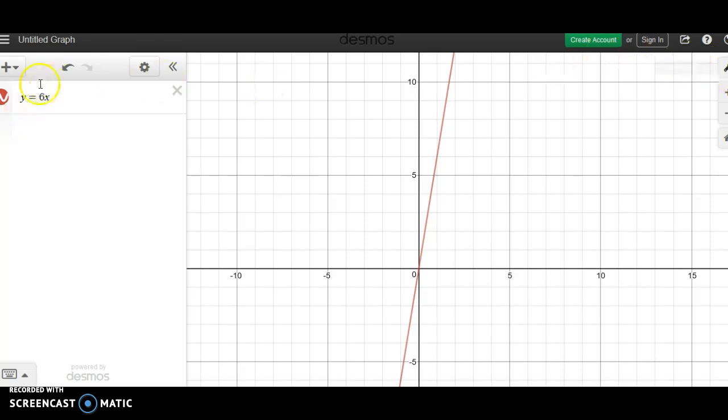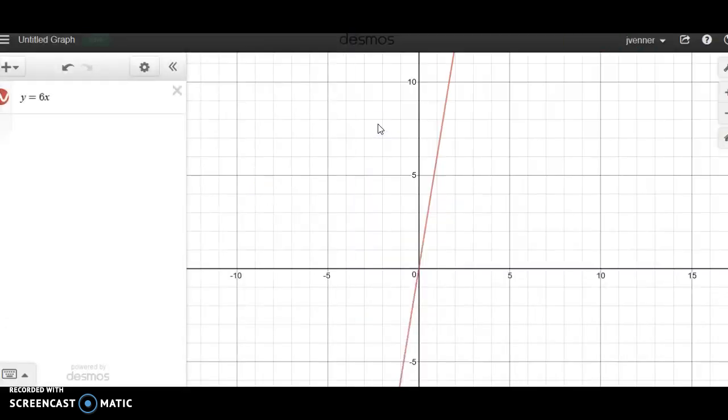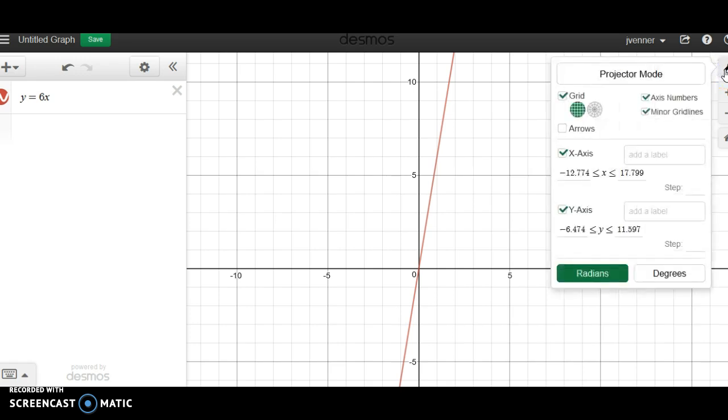Well, I'll tell you what. When we initially get here, let's make sure, and if you've already done this, that's fine, that you sign in, and you can sign in with Google. If your browser is not already signed into Google, you can sign in when you click this, and you'll see in this case that I am signed into Desmos using my Google account. So, what we're going to do is take a look at the graph settings,